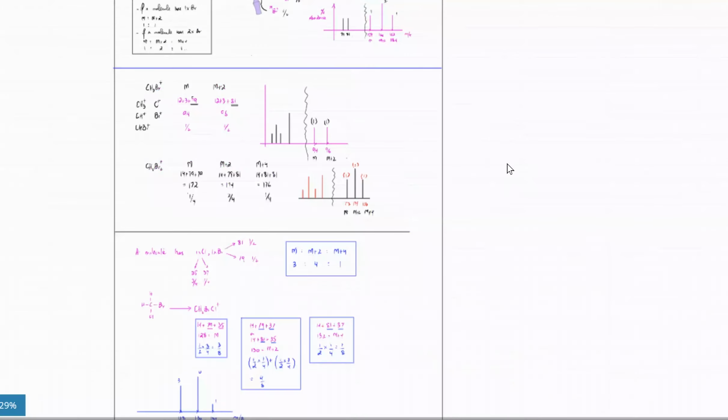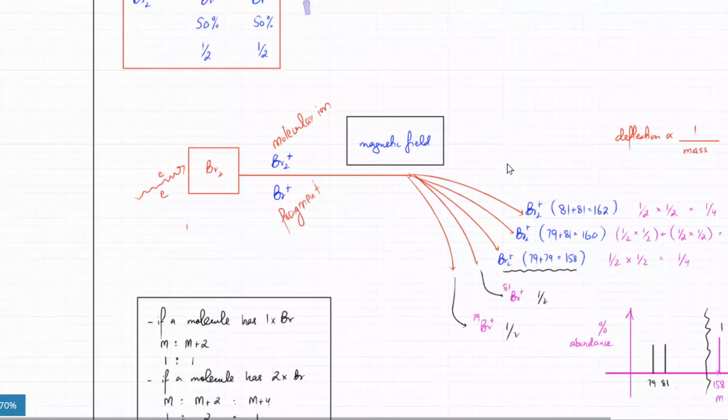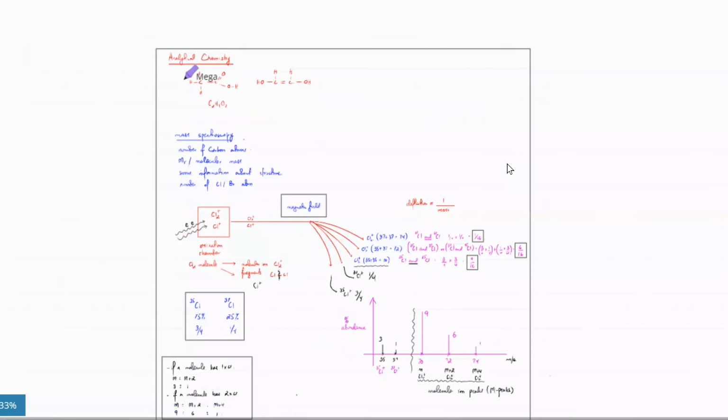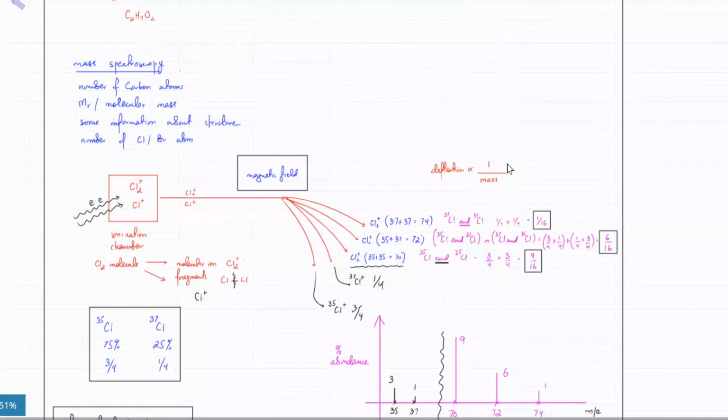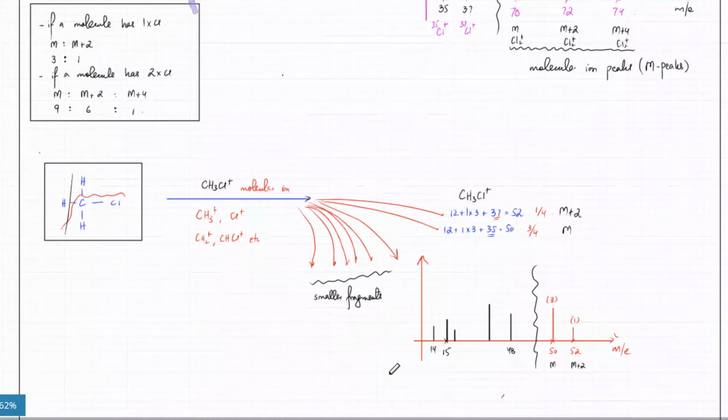So last time we had talked about mass spectroscopy. Let me do a little recap: we had talked about figuring out the number of chlorines. Okay, that was one thing. I told you that if your molecule over here has